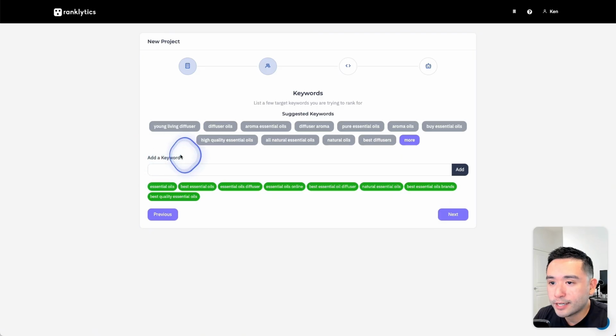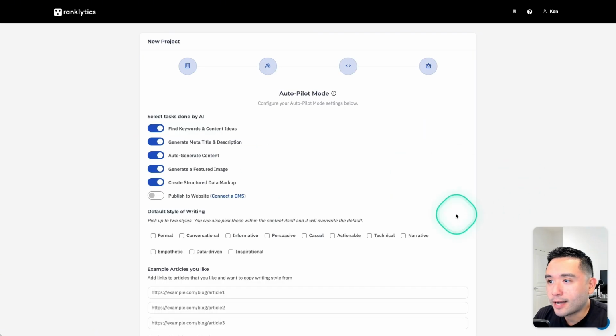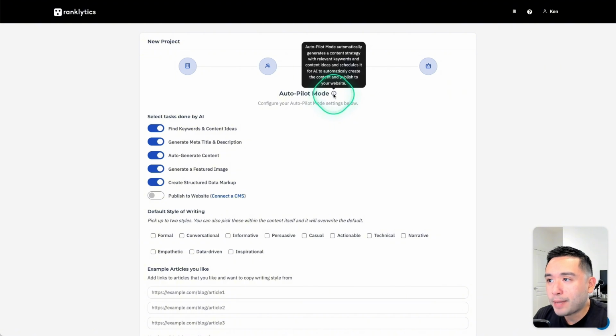You could also manually add keywords here as well. Then click on next. And here is the autopilot mode. That basically means it'll automatically generate a content strategy with relevant keywords and content ideas and schedules it for AI to automatically create the content and publish it to your website. So right off the bat, Ranklytics is a much more automated, quick, and easy way to churn out content fast